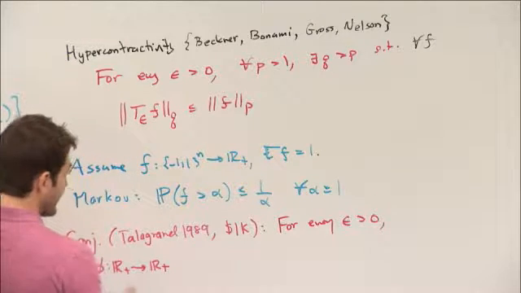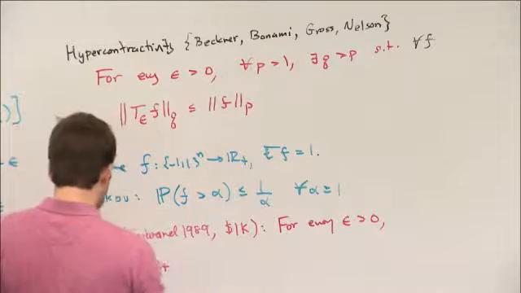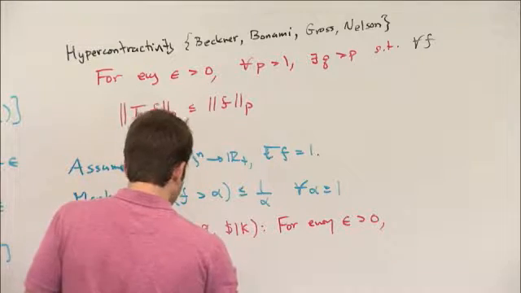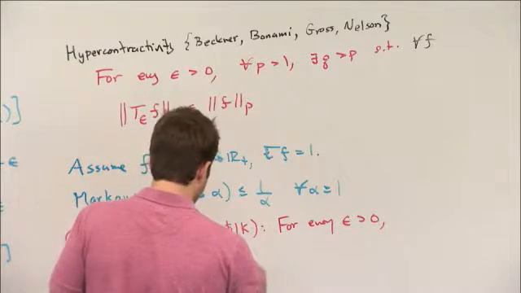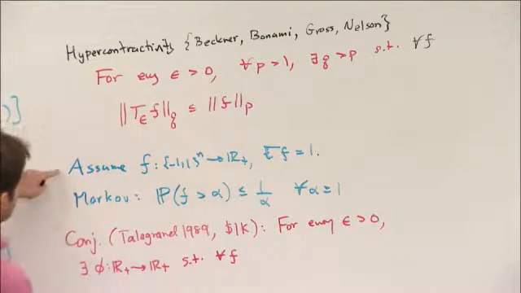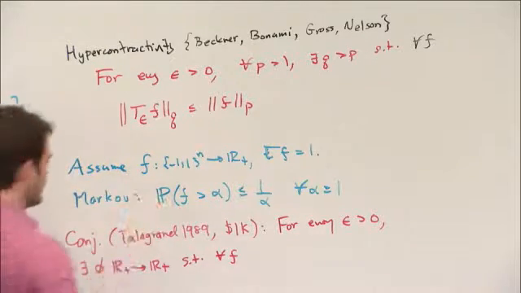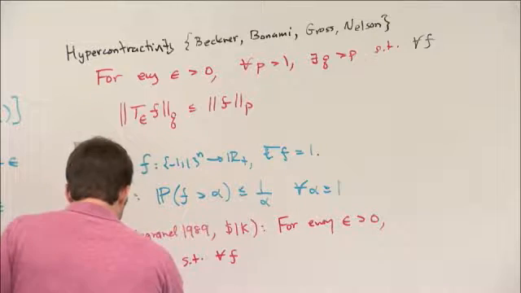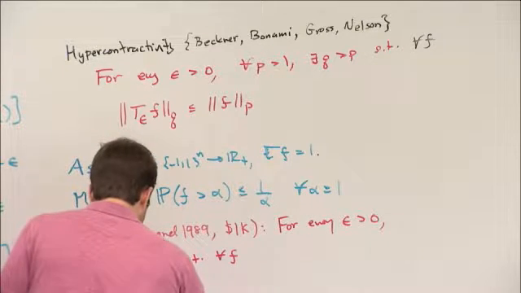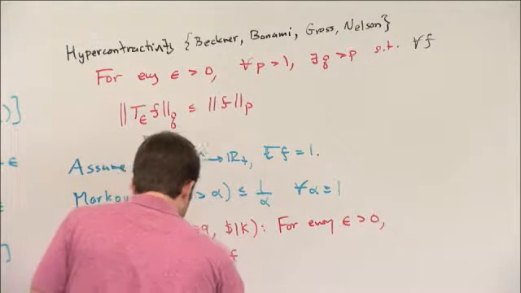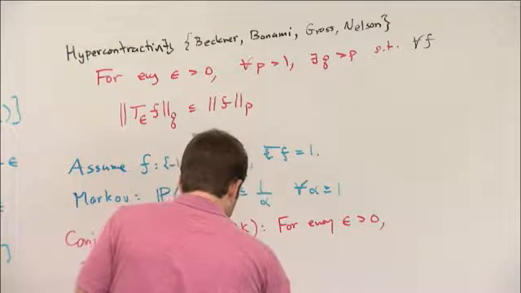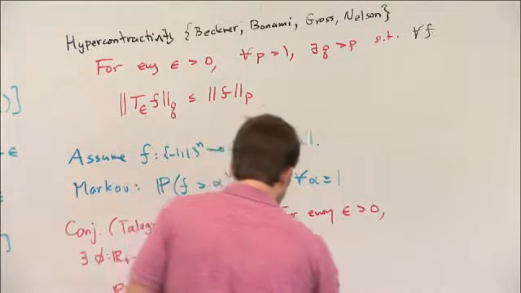This function just represents the tail that's better than Markov's inequality, such that, again, for every f, so here the assumption applies to the theorem. So f is normalized to have expectation 1. So for every f, the probability that T_epsilon f is bigger than alpha is at most phi(alpha) over alpha, and